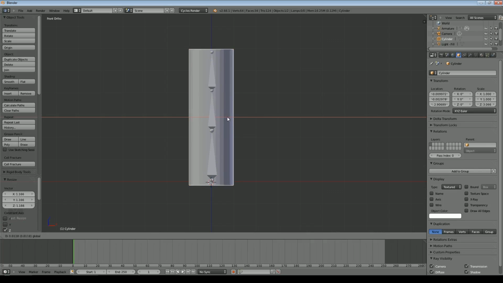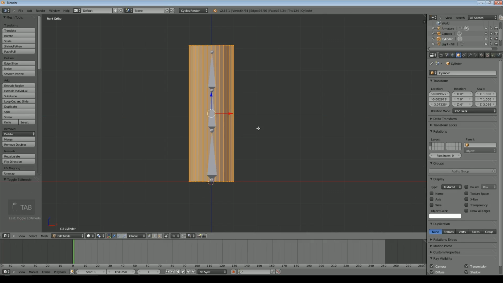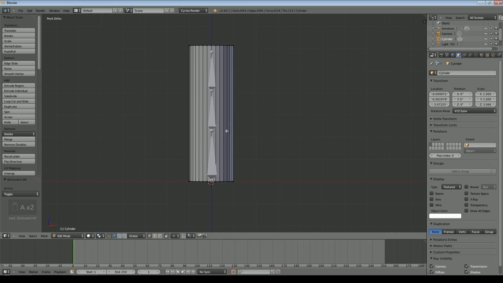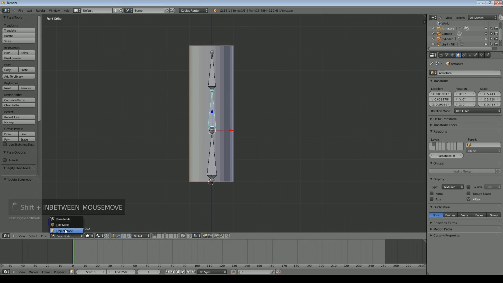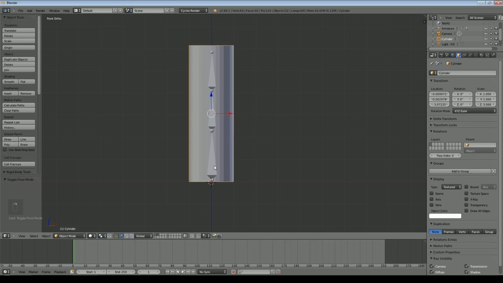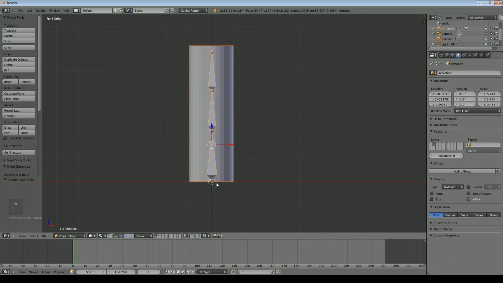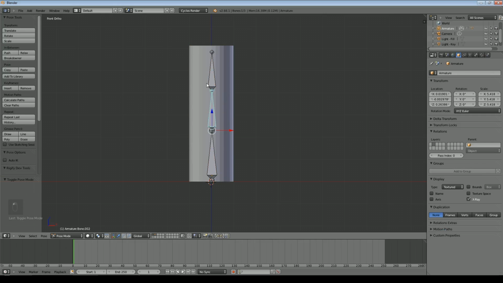Okay, so what if I parent this? Now bear in mind, if I go into edit mode, you can see that we've got vertices at the bottom and vertices at the top, but none in the middle as yet. So if I now parent this, if we come out of pose mode, if I parent the cylinder to the armature, Control P, and we'll say with automatic weights, and now I'll go and select the armature and pose mode.